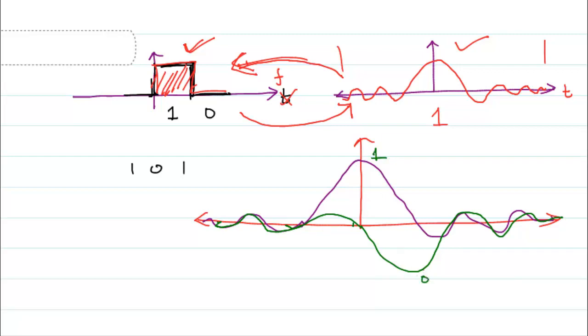Now you might be thinking, sir, both of these are overlapping. No, you look at this particular time. At this particular time, this signal is 0, whereas this is high, so 1 pulse. And look at this particular time, this signal is 0, whereas this green signal is low, at -1. So this becomes bit 1 and this becomes bit 0. And this is the waveform, believe me or not, that is used in your digital mobile communication and not this waveform. You will study this in your higher class.